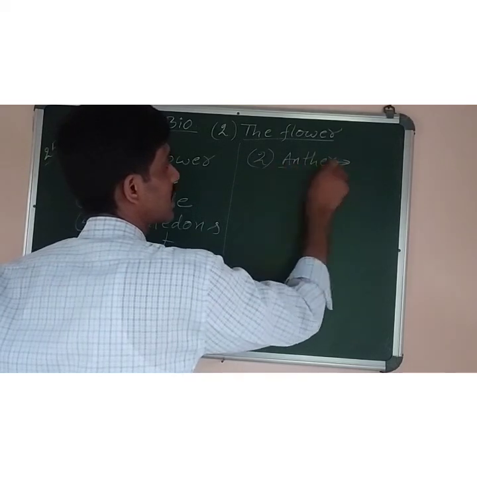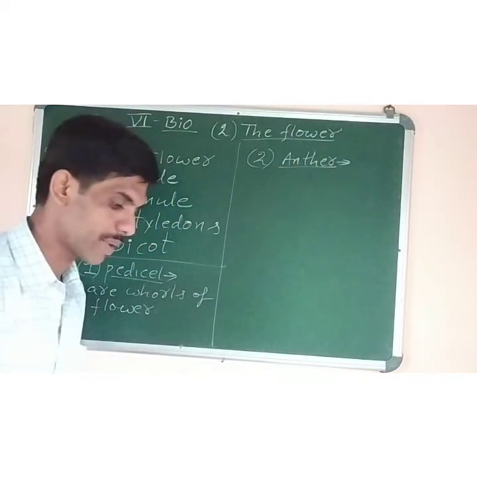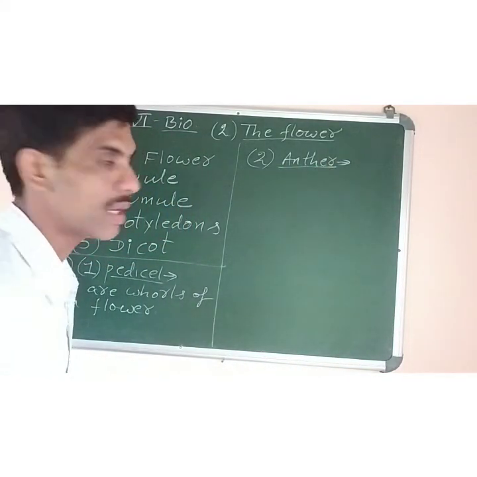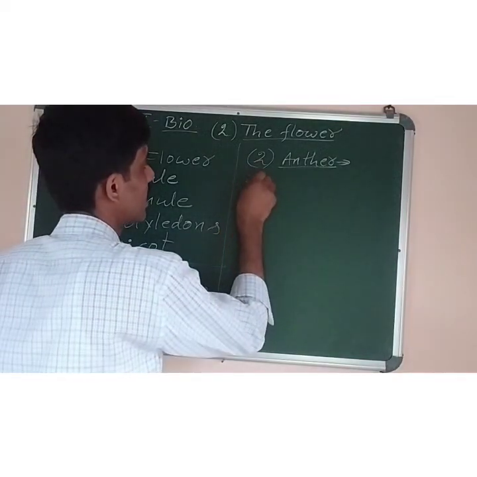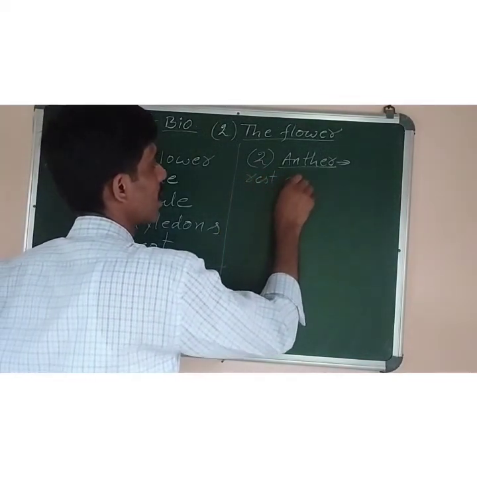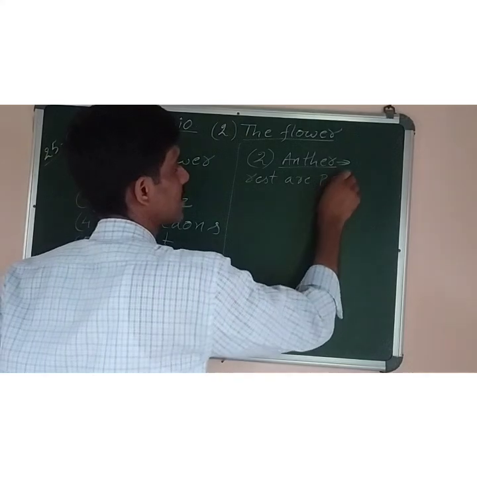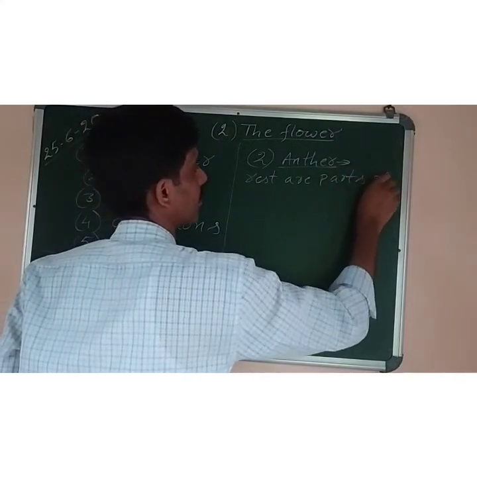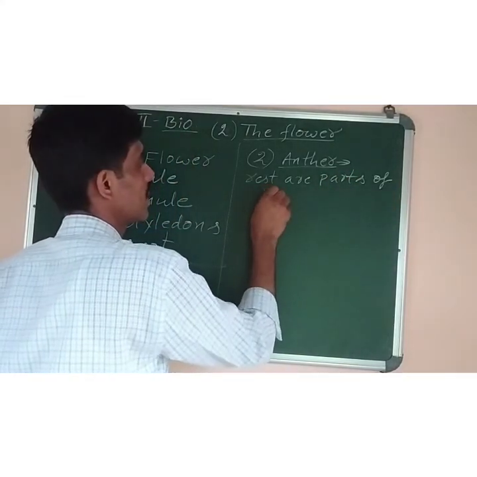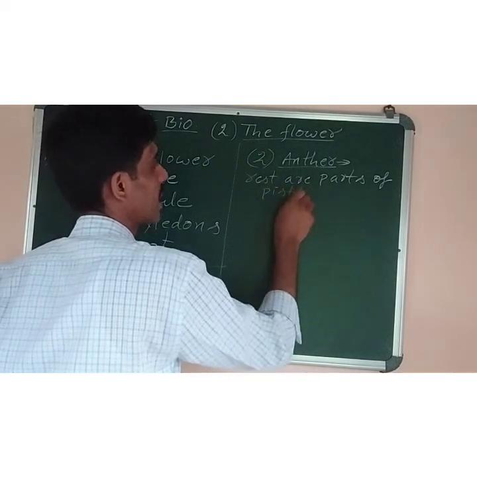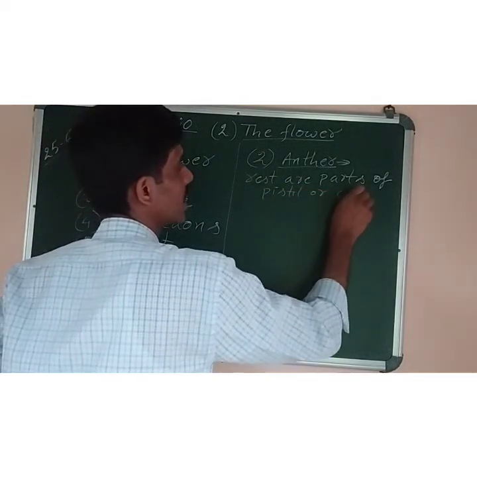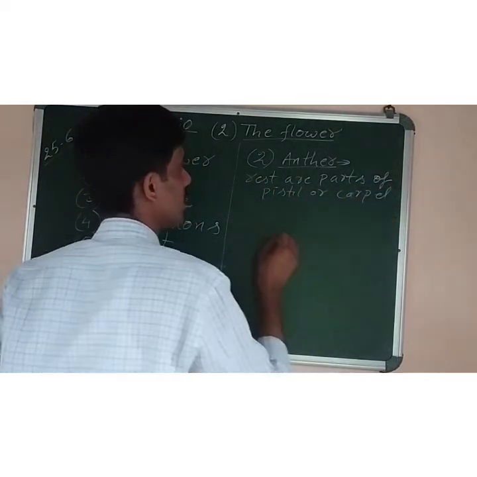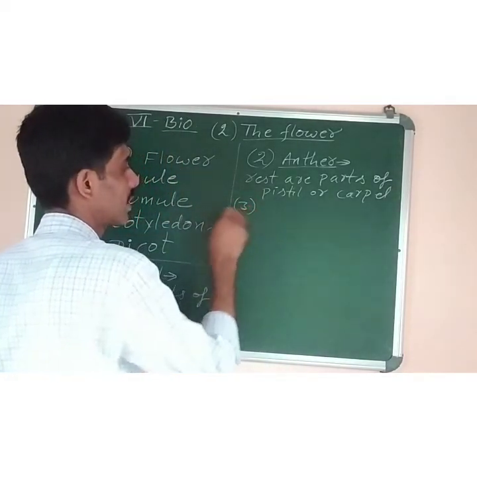Why? Because stigma, style and ovary, they are the parts of pistil or carpel. So you have to write the reason: rest are parts of pistil or carpel. Rest are parts of pistil. Pistil is the female part of the flower, also known as carpel. Okay. Then the third question is